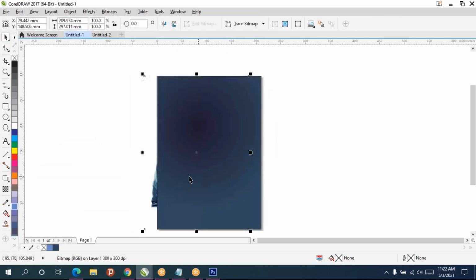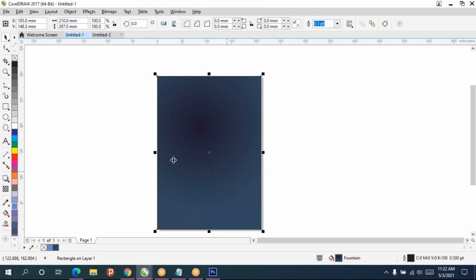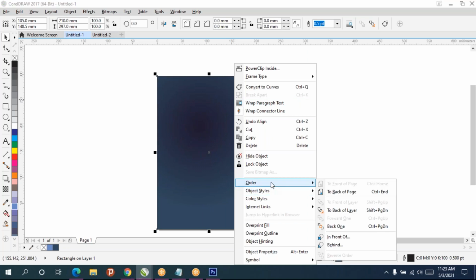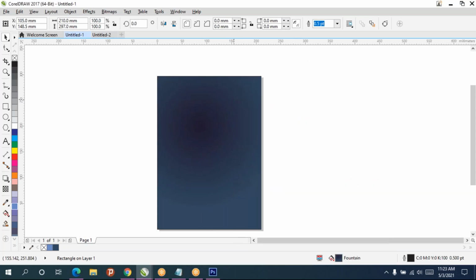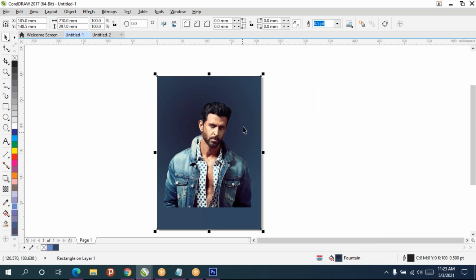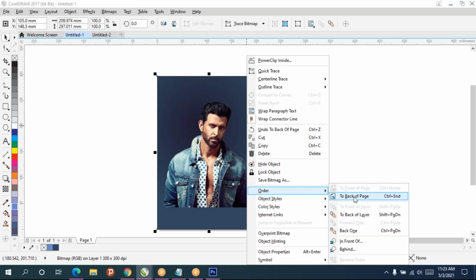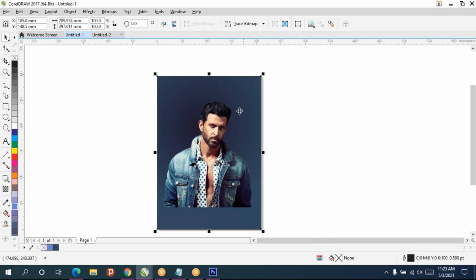Then bring the photo here, but the photo is not visible. What to do? This one I have to send backward, like in Word we have that feature. Same thing here also. Just right click on the object which you want to send back, then go for Order, then Back of the Page. Suppose if you want it in front, right click on that, Order.